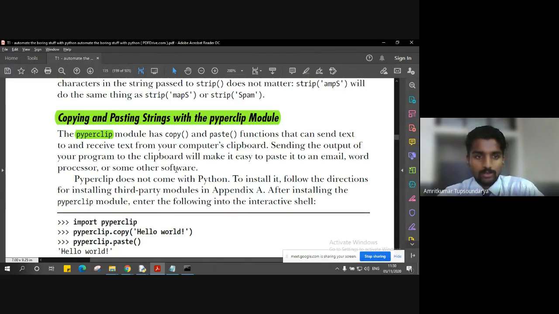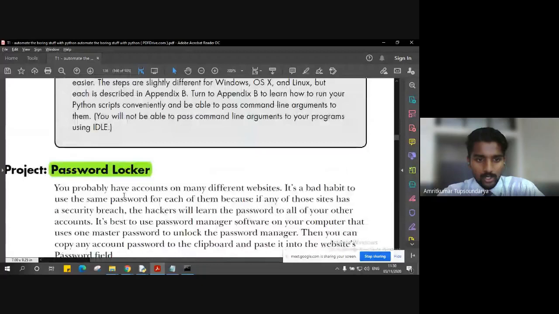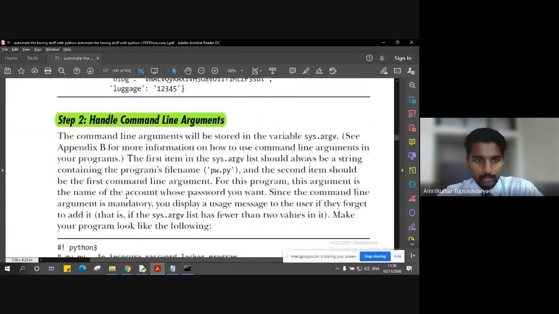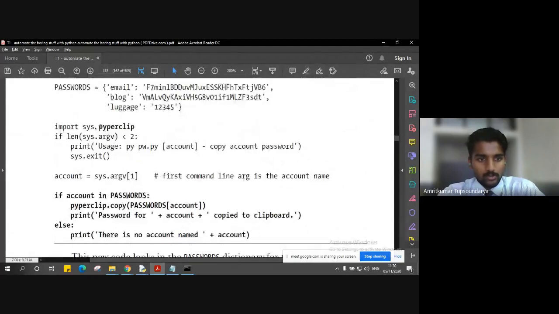So we are going to make use of pyperclip by importing it. Let's go ahead and import the pyperclip module. Once we import it, we are going to get into the password dictionary.